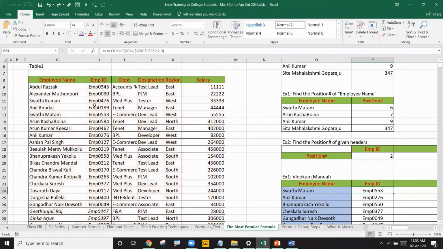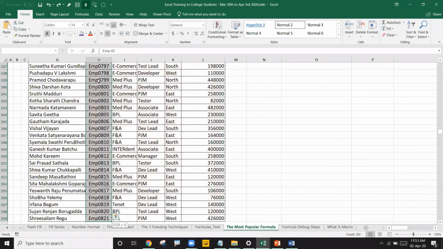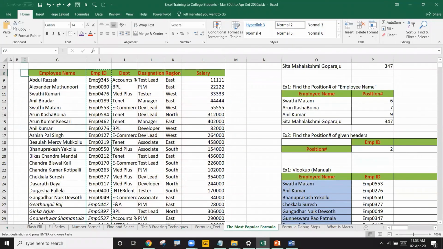So in general, what people do is, if there is a limitation, they will cut or copy this one, come here and paste it, and make employee ID the leftmost column, the first column. That is not an appropriate way of doing it. There is data redundancy. You're copying the same data and pasting it. This time we have extra columns, but in real time you may not have extra columns, or it may be lakhs of records you are copy pasting. Because of that, file size will increase and performance of the workbook may decrease.